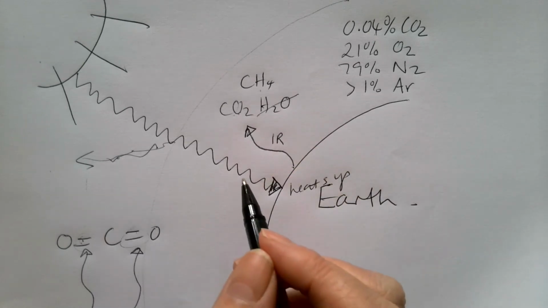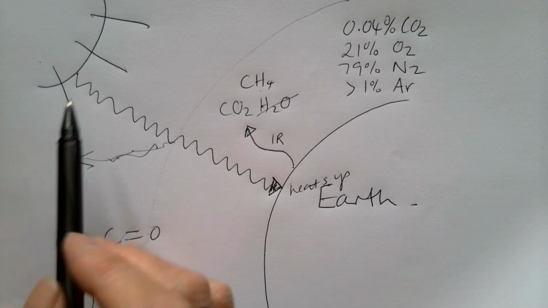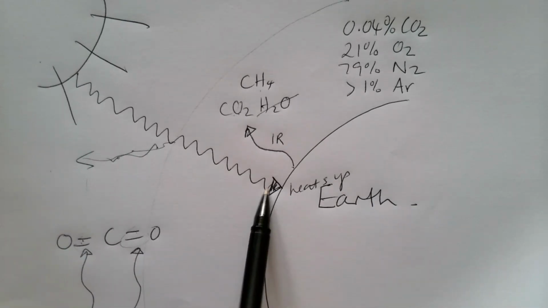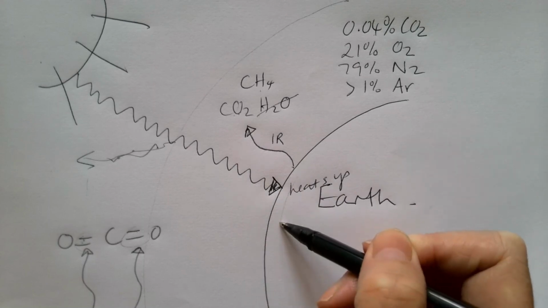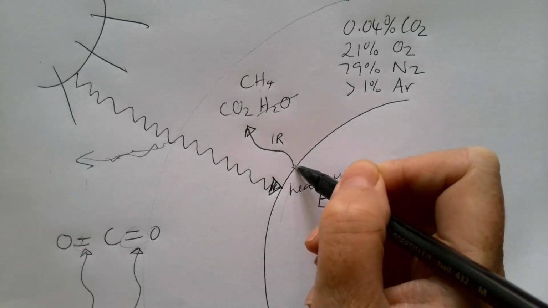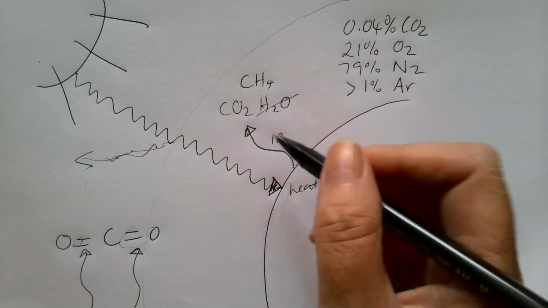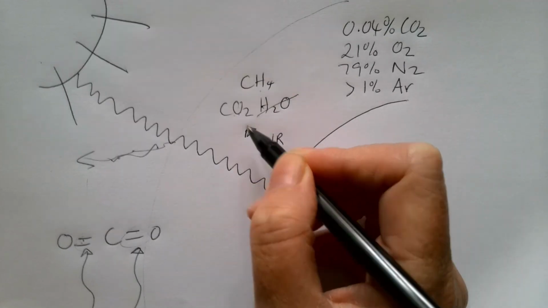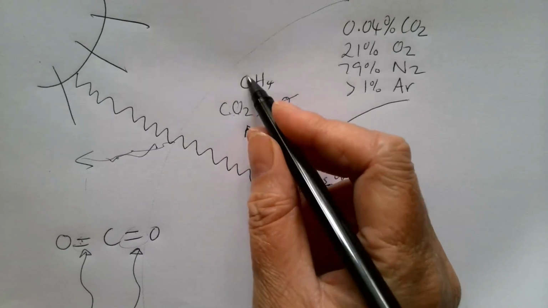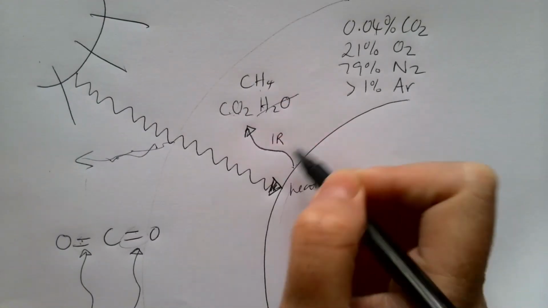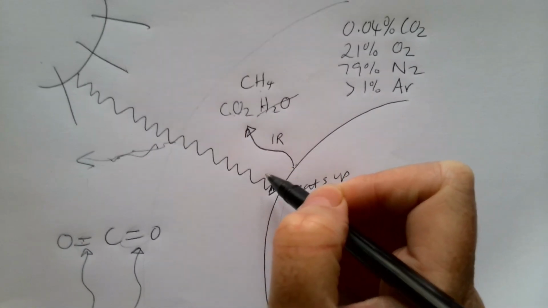But just to recap, the really important things for you to know: shorter wave visible light and ultraviolet comes in from the sun. It heats up the Earth's surface. It gets re-emitted as a longer wavelength, infrared, and the infrared radiation is unable to get through the greenhouse gases, and it causes them to have more energy, and it causes the atmosphere to heat up. Okay,